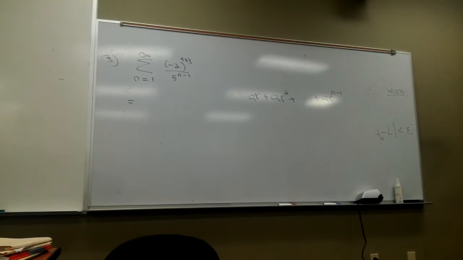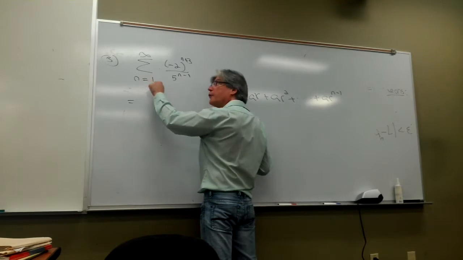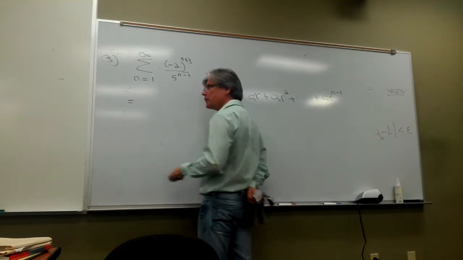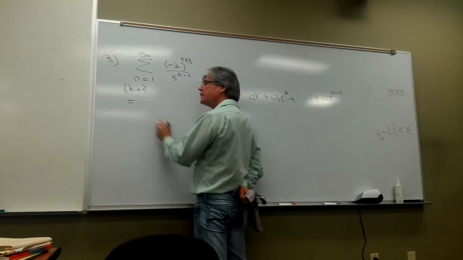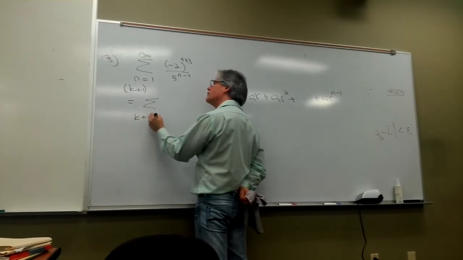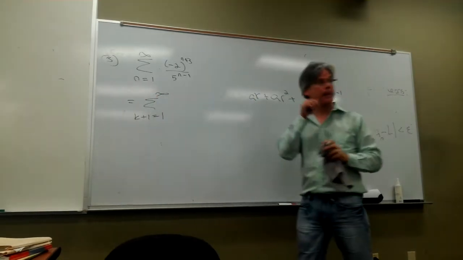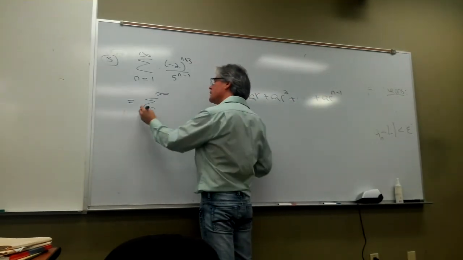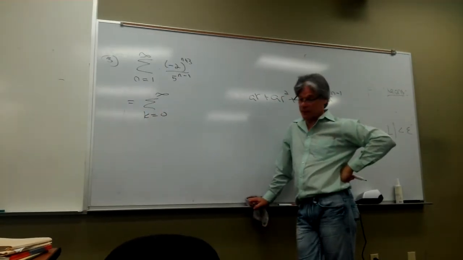And so before I clean the inside of the sum, let's mess around with the starting value of the index variable. Since n is starting at +1, I can force a starting value of 0 if I make a change in variables. It's like substitution. Can you guys imagine what would happen if I replace n with k plus 1? Wouldn't it tell me that k plus 1 ranges from 1 on up, if I made a substitution replacing n with k plus 1? But now if I subtract 1 from both sides of this mini equation, doesn't that say that k is equal to 0 initially? Do you guys see my point? Let's be consistent then. I'm the one who said